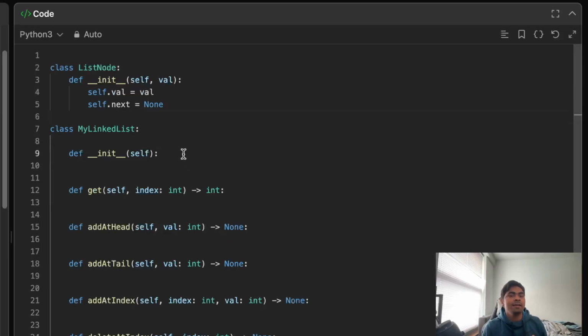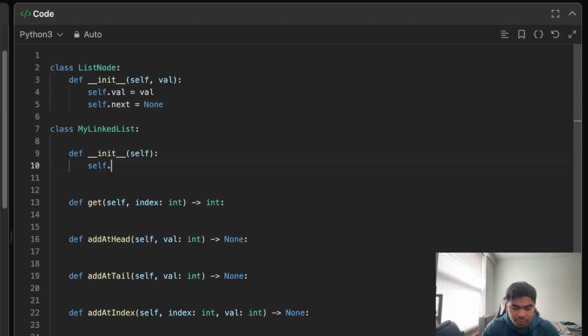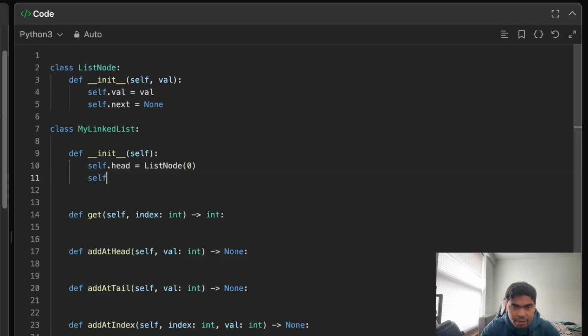So my linked list, and for you it's your linked list. Anyway, we're going to have self.head. Every linked list has a head. Initially, let's create a ListNode and give it any value, like 0, because it's a dummy node that will have a reference to the actual head of the linked list. And we will have size, because we're going to deal with these indexes. So we need to know the size of the linked list if we are trying to access some index